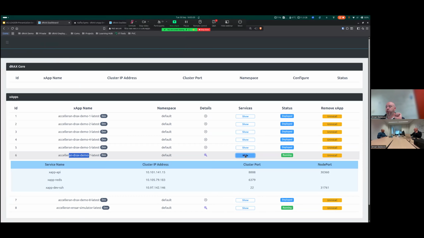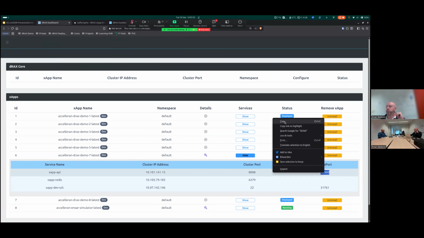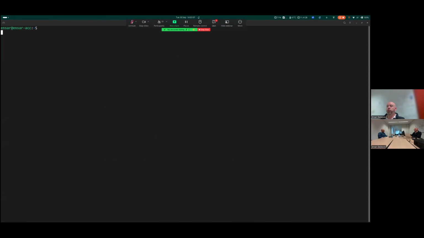Again, I click this show services. Now, instead of going to the dev SSH, which we use to SSH into this environment, we're looking for the xApp API. So the xApp API is exposed at this port over here. So let's copy that. And very simply, if we go to a terminal, we can use curl. That's the simplest.